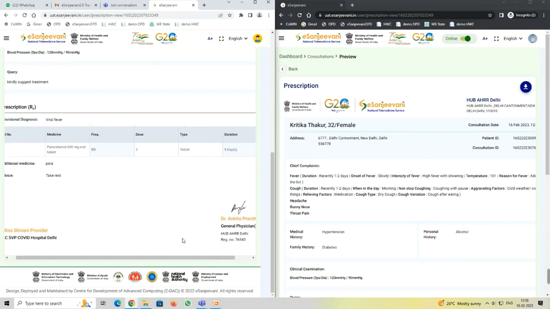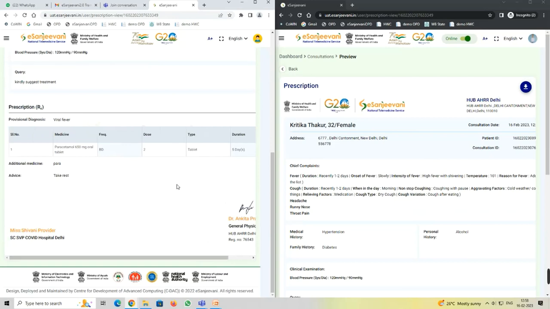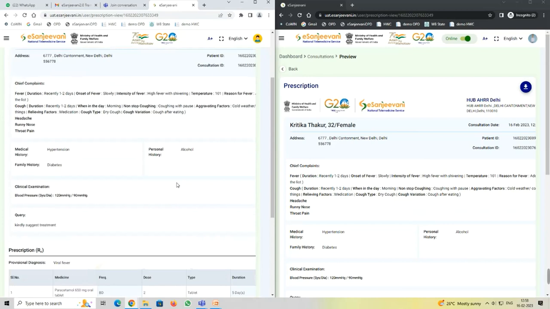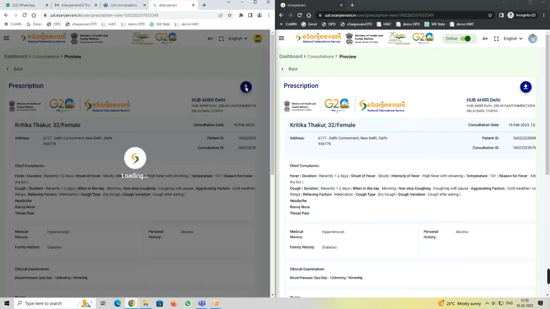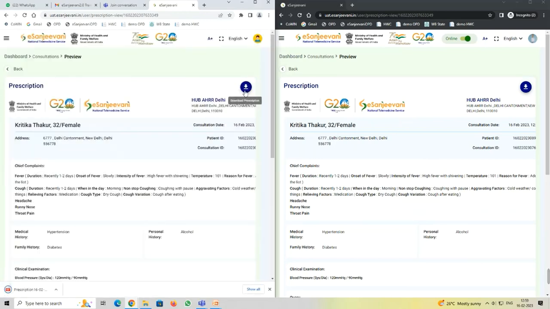So the prescription is mandatory. One can take medicine from a drugstore by using this e-prescription. And you can download this prescription by clicking on this sign. And the prescription has